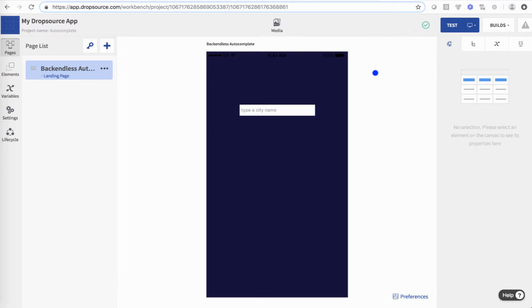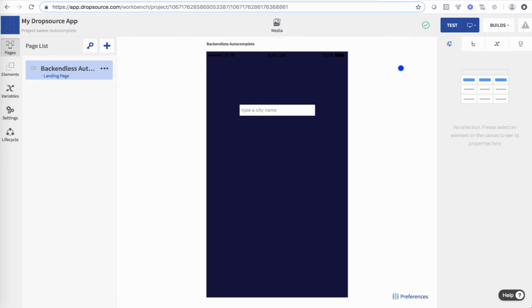In this video I'd like to demonstrate a technique that you could use to enable autocomplete in your applications. For the user interface I'm going to use Dropsource because it makes it super simple to build an app without any coding, and I will wire it up to a backend which is Backendless, of course. And the key here will be to demonstrate how I could actually use Backendless API to retrieve data specifically for